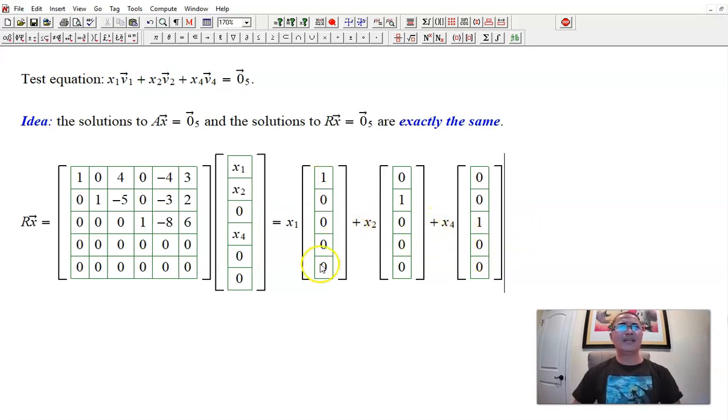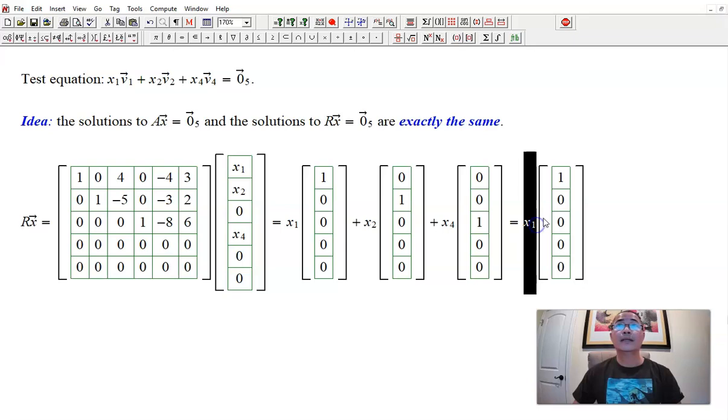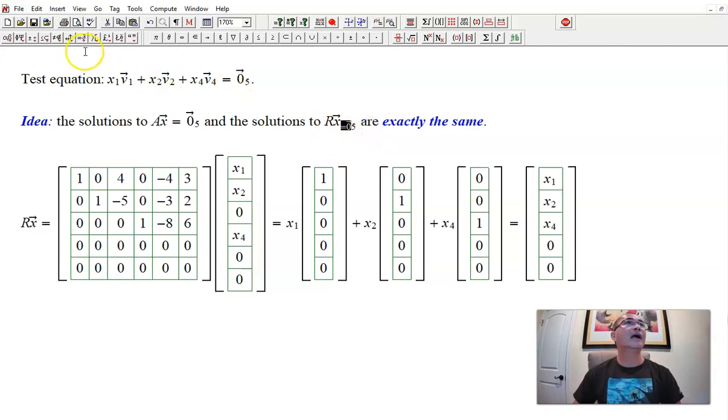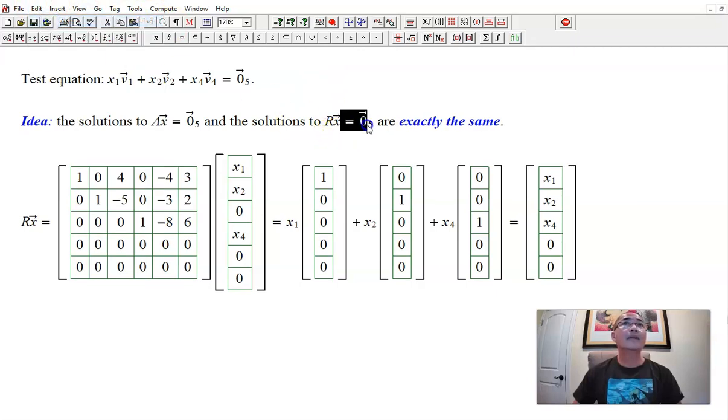Okay, but wait a minute, doesn't this look familiar? This looks like E1, E2, and E3. Okay, not E4, but E3. It is in the 4th column but it's actually E3. But if we add that all together, we are going to get x1 in row 1, x2 in row 2, and x4 in row 3. Okay, but we want that equal to the 0 vector. So the only solution to Rx is the 0 vector,